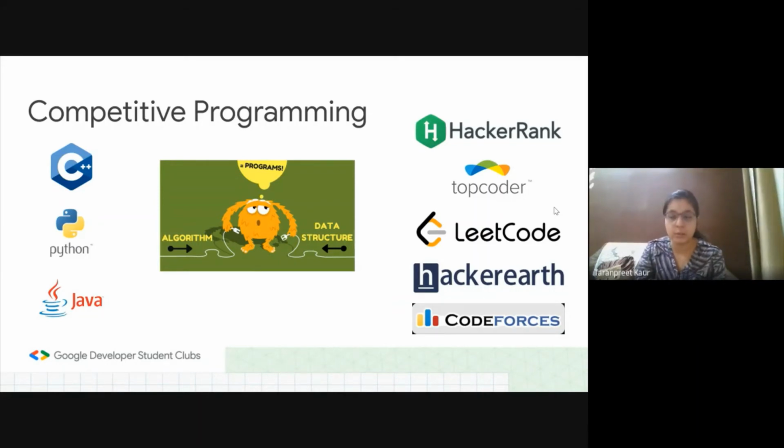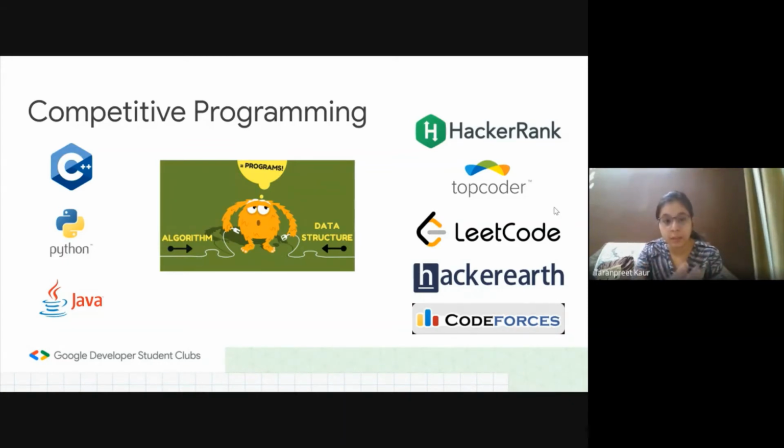In data structures, we can count linked lists, arrays, queues, stacks, and in advanced topics, we can go for dynamic programming, brute force, and salesman problems. These are some basic data structures, trees and graphs also. So we can learn it and explore the field of data structures and algorithms with the help of our programming languages. After this, we can take up the challenges and solve the coding problems, for which we can go along